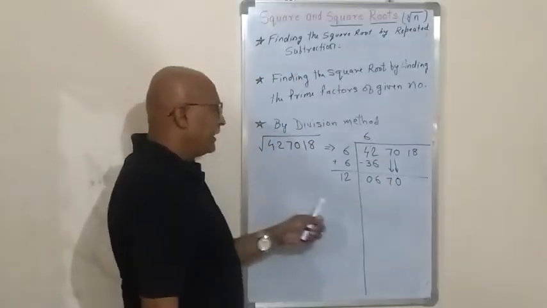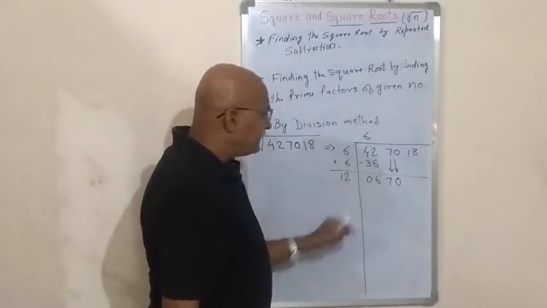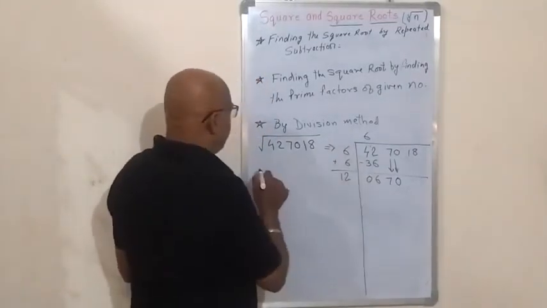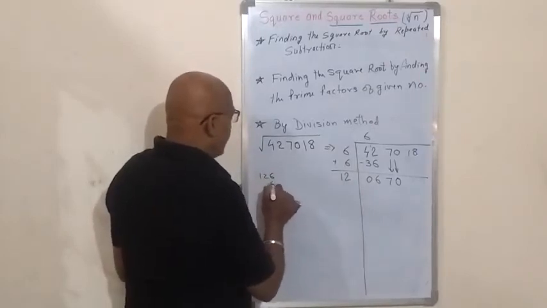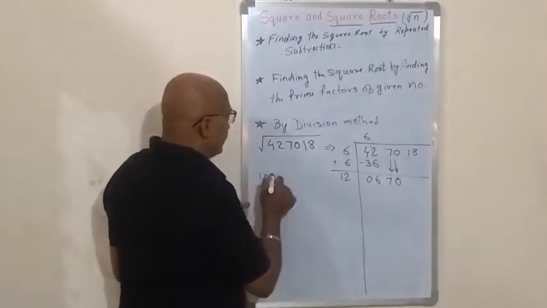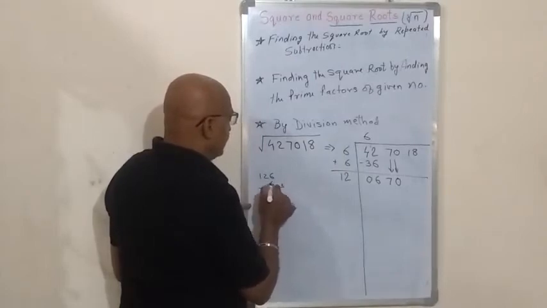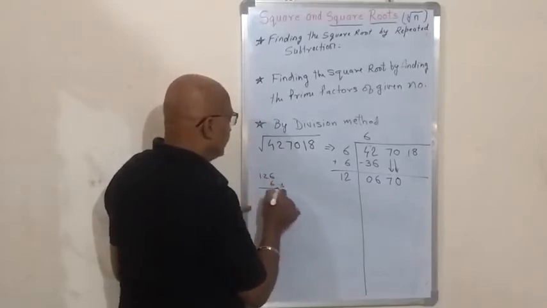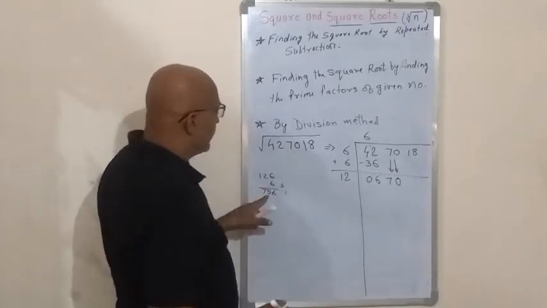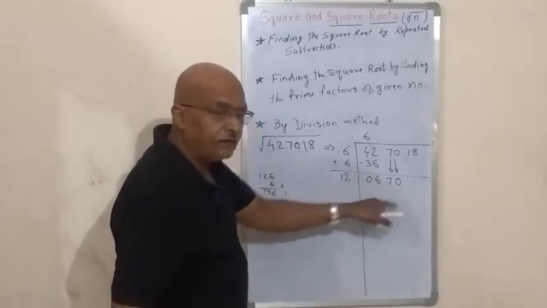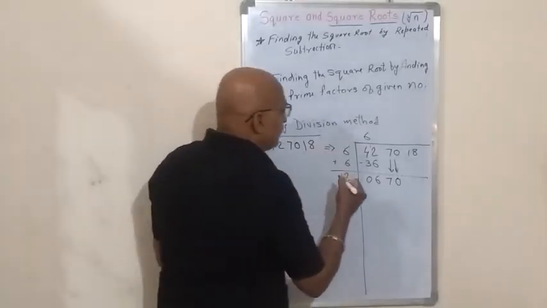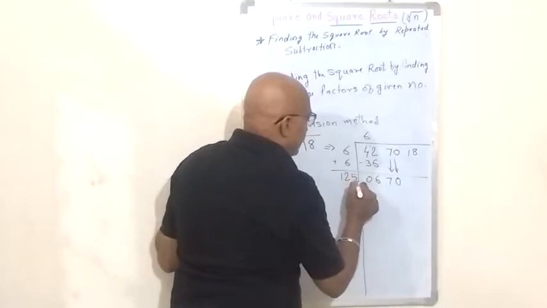So it will become 670. Now, can I put here 6? So if I put here 6, it will be 126. And we have to multiply it 6 by 6 only. So 6 6s are 36. 6 2s are 12. 13, 14, 15. Carry 1. 6 1s are 6 and 1, 7. Now this number exceeds 670. So you cannot use 6 here. So what you have to use? You have to use just 5. So I will put here 5.